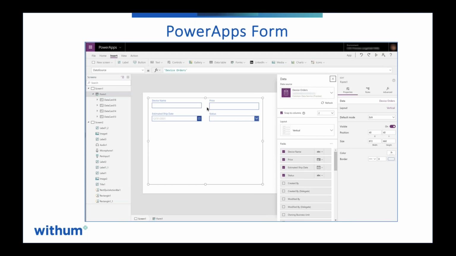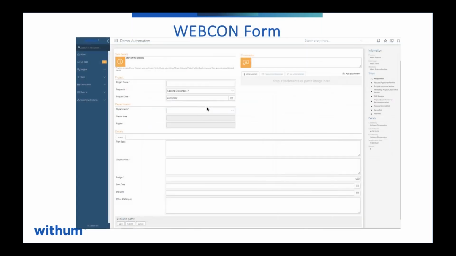So you don't really get an end-to-end solution, even though you may have a canvas that you can certainly work on, whether it's a Canvas app or a model-driven app, working on your desktop or your laptop or in an app. So that experience is certainly there. But what Microsoft gives you is a platform from which you can build on. What WebCon does provide for you is beyond that. So where the ISV steps in and adds value is taking what you already have from Microsoft and then carrying that experience over into something that you can build on top of, and of course get a richer feature set.